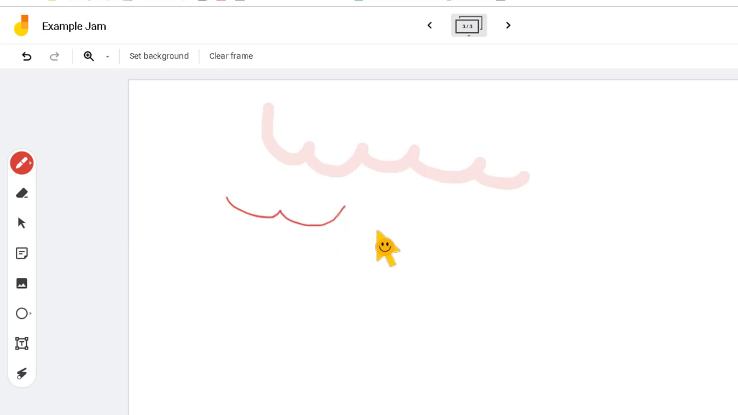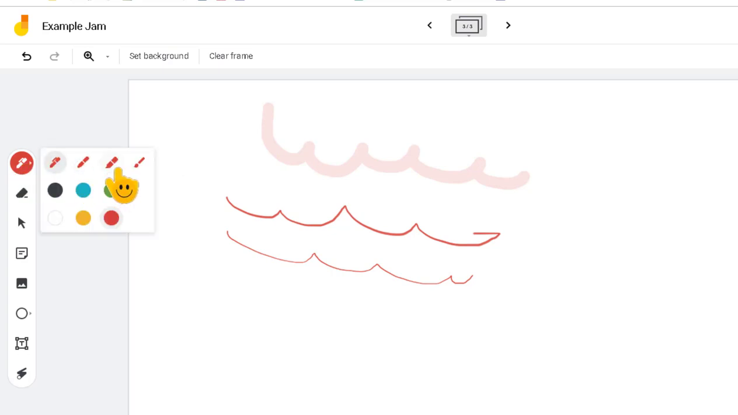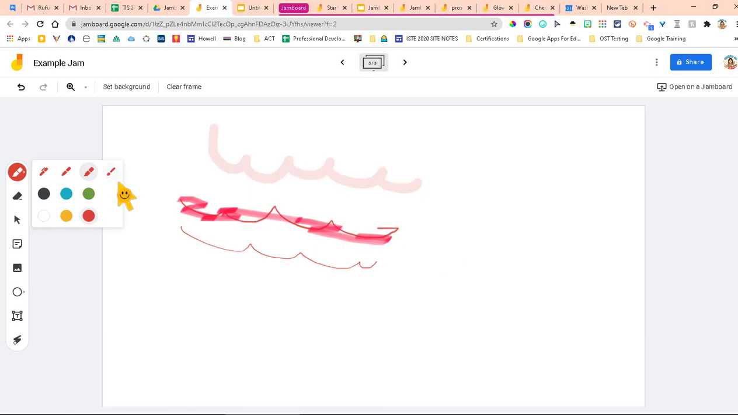So this is the marker. So that's the marker. Here's the pen. So you can see they're a little different. And then the highlighter if I wanted to highlight something. If you look down here, this looks like a little eraser, and that's exactly what it is. I can erase. Right here is just the select key, which there's nothing on the board to select, but if I would want